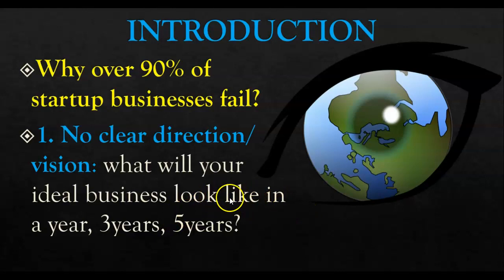How many partners will you have? Okay, so you need to have a clear picture written down, direction or vision for your business. So you have your 3-month vision, 6-month vision, 1 year vision, 3 years vision, 5 years vision. It's very, very important, because the vision is what is going to keep you on direction. That will really help you to stick to what you are doing.